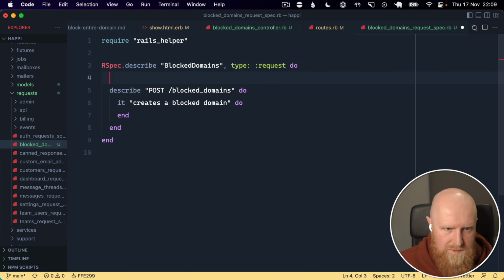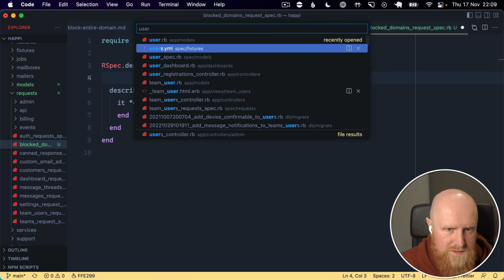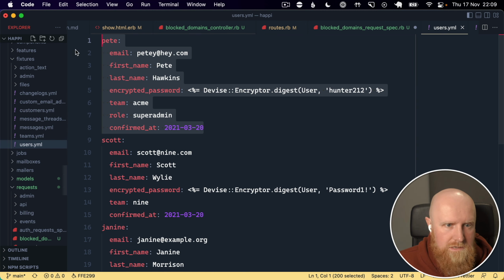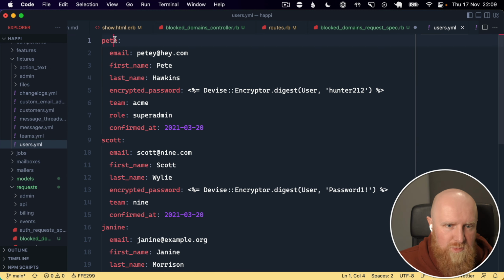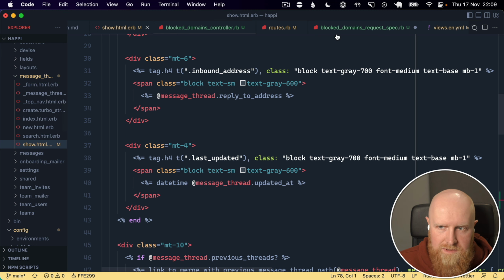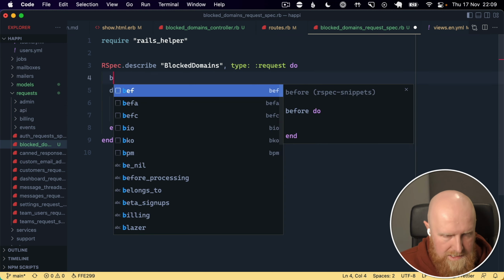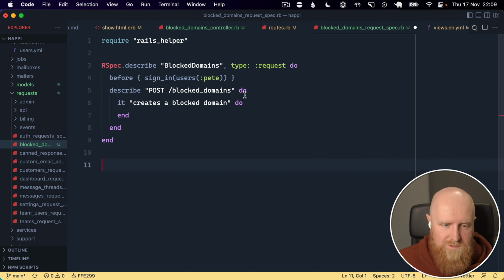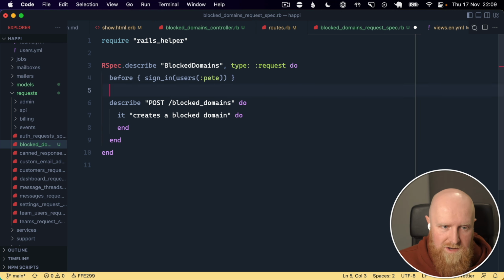And we can also go up here, and I think I've got some test users set up. So I've got test users Pete. So we'll grab this and we'll say before sign in users Pete, and I'll make sure that we're signed in and we've got a current team selected and